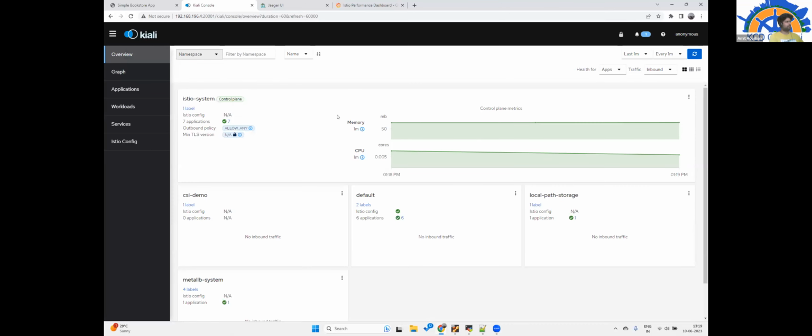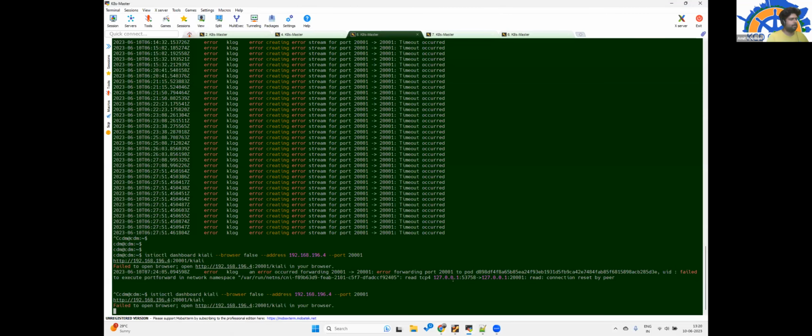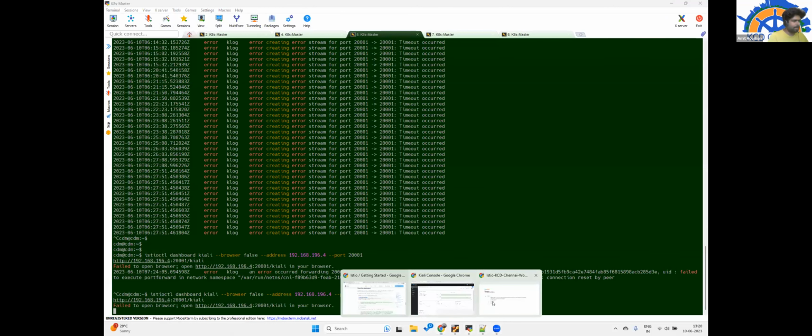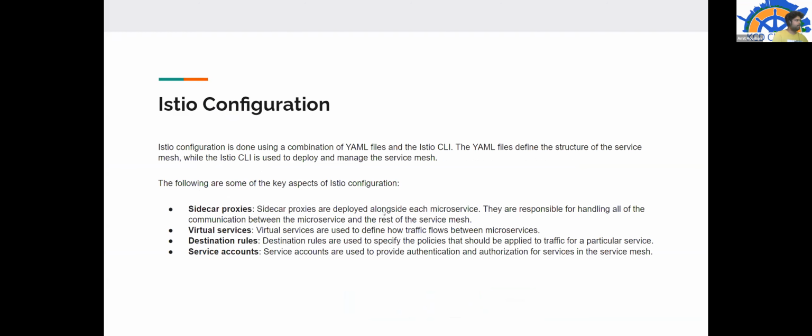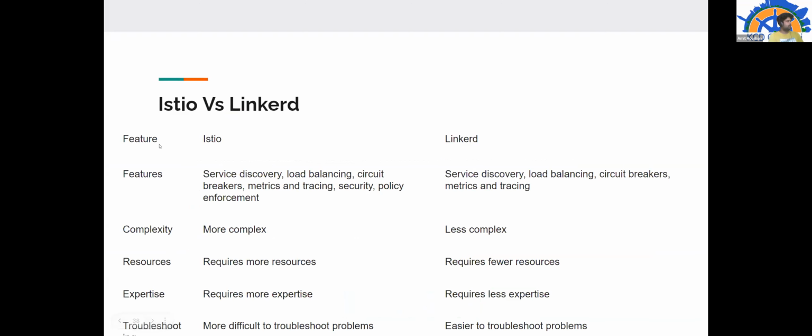So this is what we have in service mesh, all the capability and functionality. I think I've mostly tried to cover it. The sidecar proxy, virtual service, destination rule, and service account, everything has been configured and discussed.